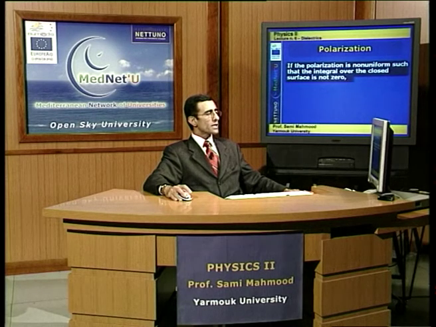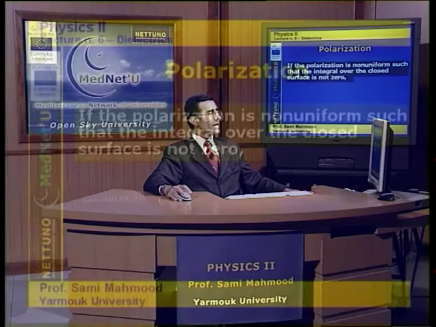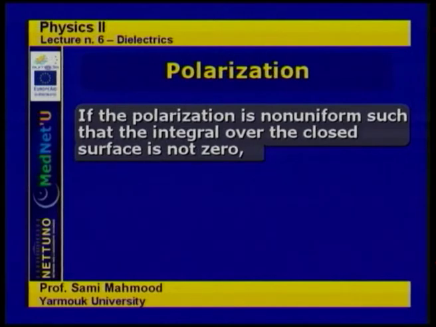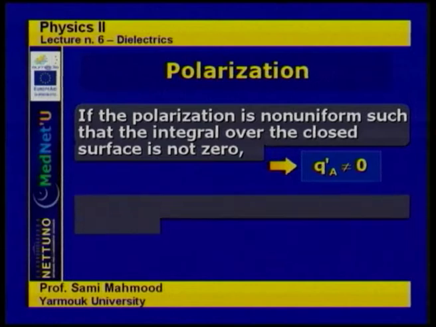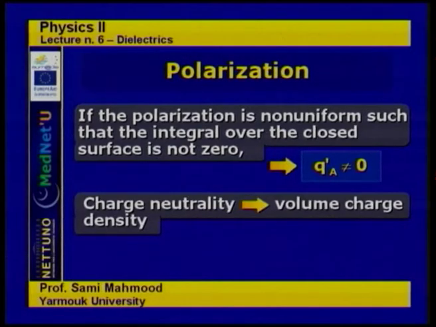Thus, if the polarization is non-uniform, such that the integral over the closed surface area is not zero, so the charge arising from the surface distribution is non-zero, then charge neutrality, because we know that charge is conserved, you cannot create or annihilate charge, so charge neutrality and the conservation of charge will dictate that we should have a volume charge density. If we have a net surface charge density, that means we should have a net volume charge density